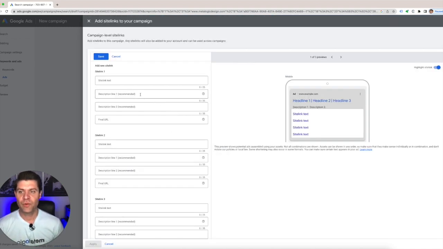So this is super important right here. We have campaign level site links. So if you want to have site links that are going to be applied to all of your ad groups and ads, then this is where you're going to make those. So let's do, since I'm going to do it for digital marketing, let's say I want to go over some of the services or the benefits that we want to promote. Okay, so digital marketing has a lot of different things that we do. Let's say I want to do one for